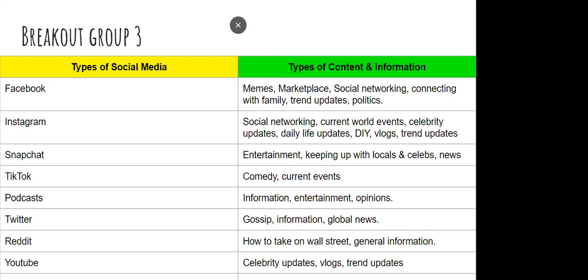Okay, I'll go ahead and share. Thank you. So we have Facebook, again, for memes, marketplace, social networking, family, trend updates. We have Instagram, social networking, current world events, Snapchat for entertainment, TikTok is a big one: comedy, current events, podcasts, information, entertainment, opinions.